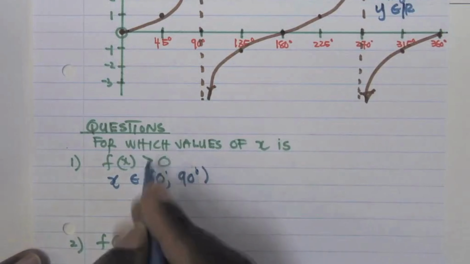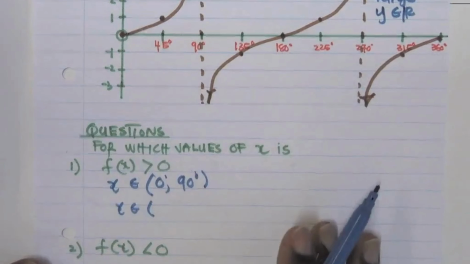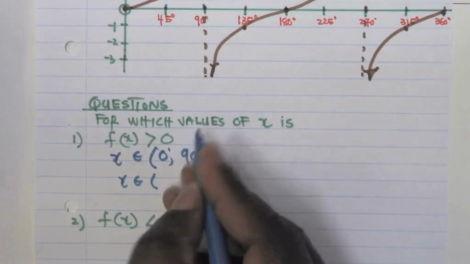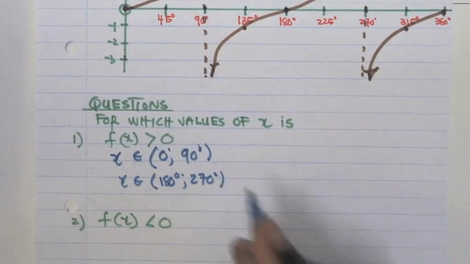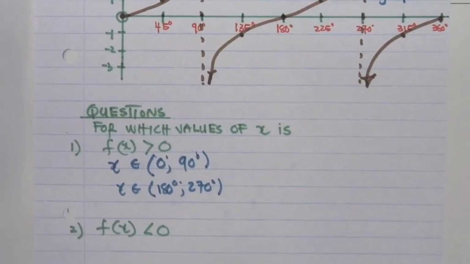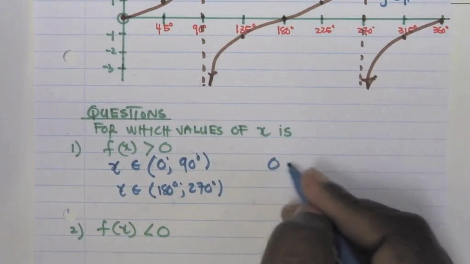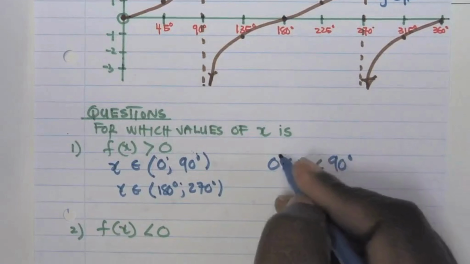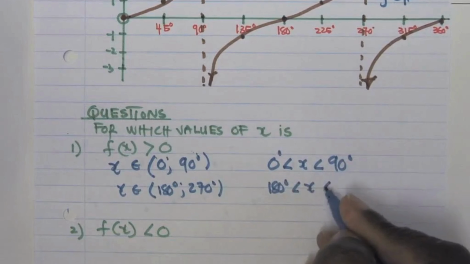Where else? I can see here, move the graph here, from 180 to 270. Then I can write here 180 degrees to 270 degrees. I can write my answers using the inequality notation. Second one is going to become,